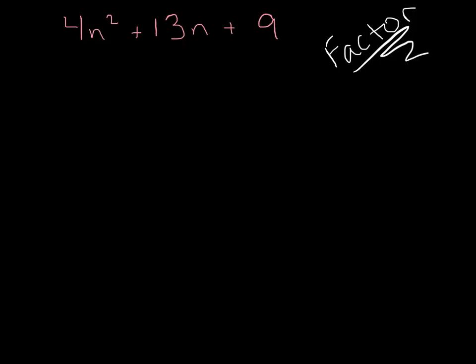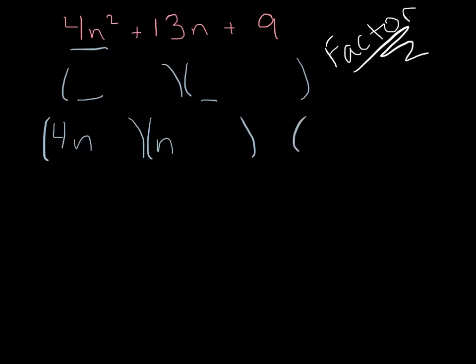Here's another factoring problem, but in this one we have a coefficient out front, so it becomes a little harder to factor. To get the first term, we multiply these first two spots. So in this case, we can't just multiply n and n, because that's n squared and we need 4n squared. So we're either going to need a 4n and an n,